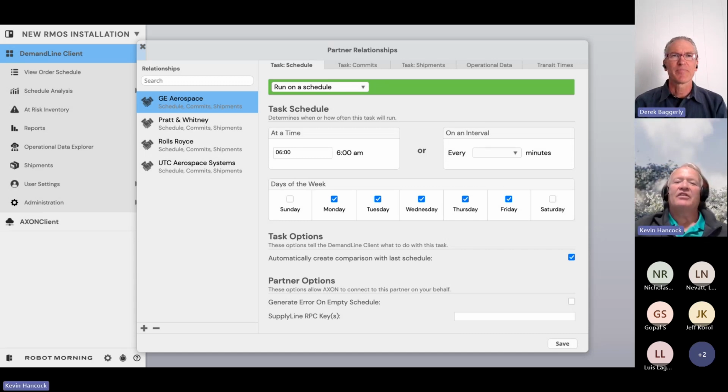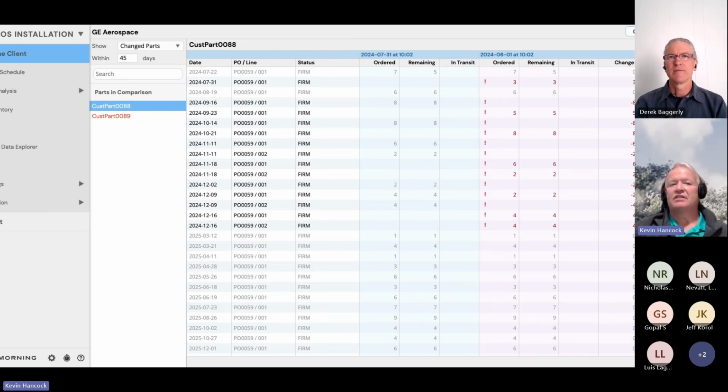Right. Now, once that information starts to feed in, we're going to be able to get views of this. What this shows is the change in demand on some number of parts over some number of days that we've collected from that instance. Often when you log into a supply chain portal today, you really see a point-in-time representation of your orders with that customer. So you're going to see how that current order stands.